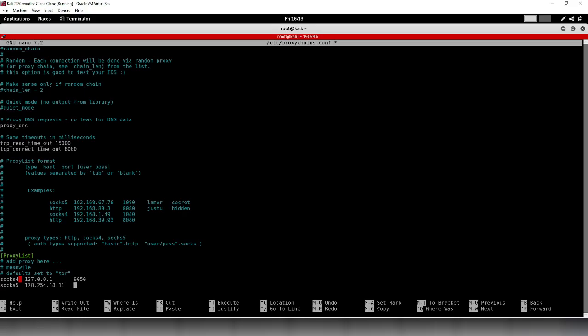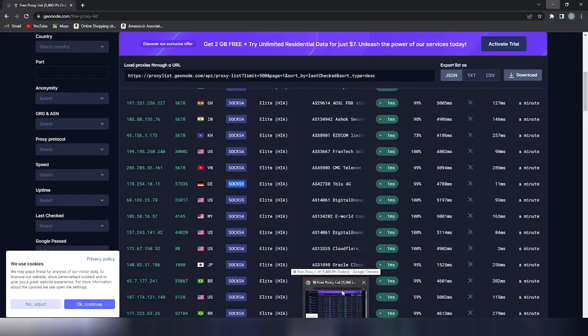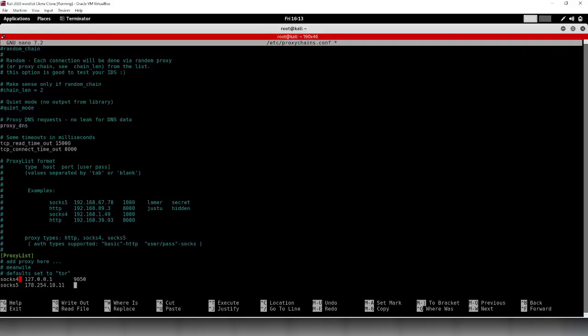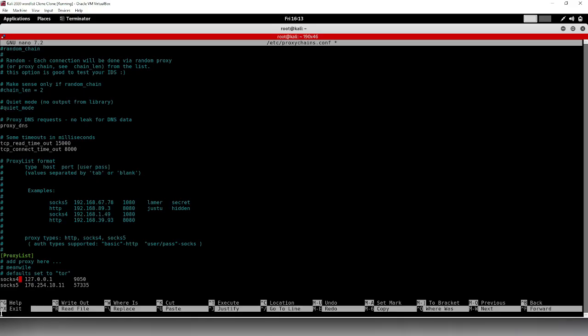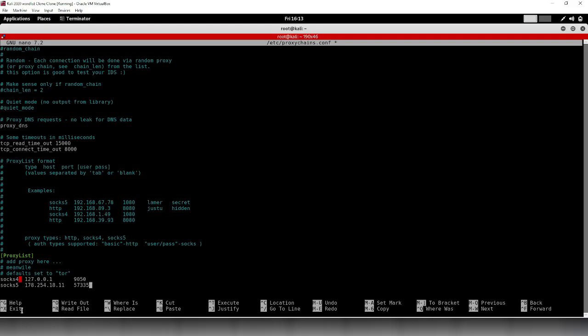What is the port number? So the port number is 57335, and this is how your proxy is added. It is that simple. And what you have to do now is just use Control X. As you can see they have shown here, you will click Control X,